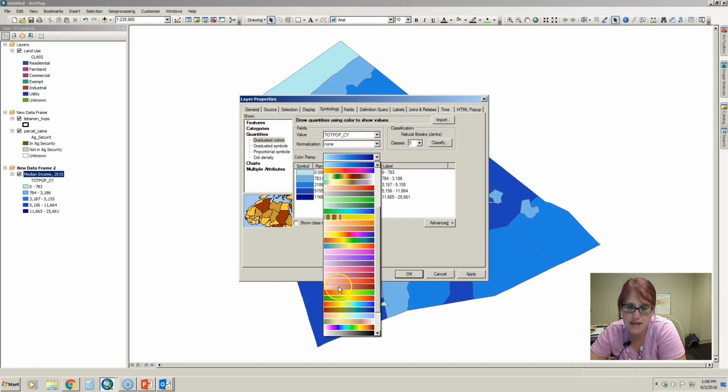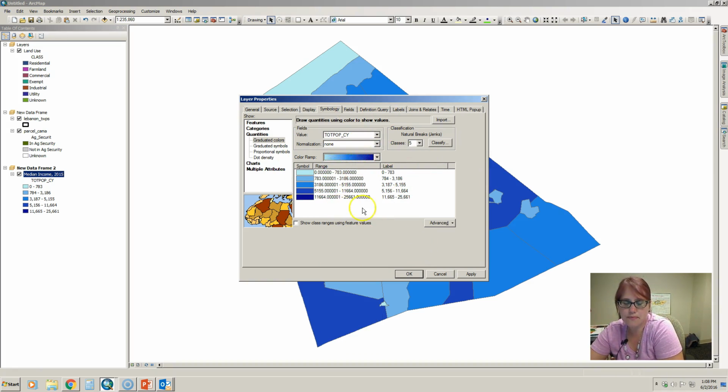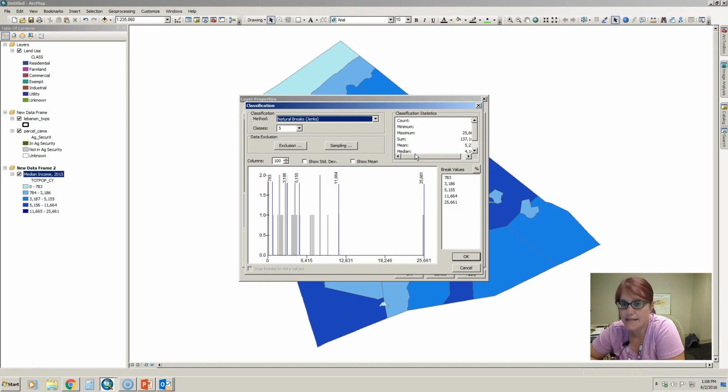If you pick something where there's no gradual change, where it's just random colors for everything, you don't know which is which. It's not an intuitive color scheme. So it's really important that for graduated color maps, you pick schemes like you see here that go from light to dark. You're not picking something like this or something like this, because it's just not appropriate for the type of data. So now that I know I want 5 classes, I'm going to click on the classify button,